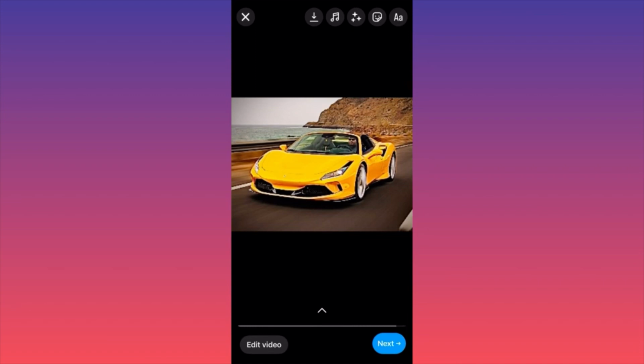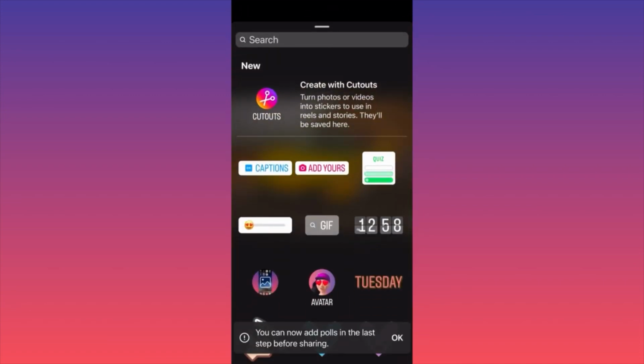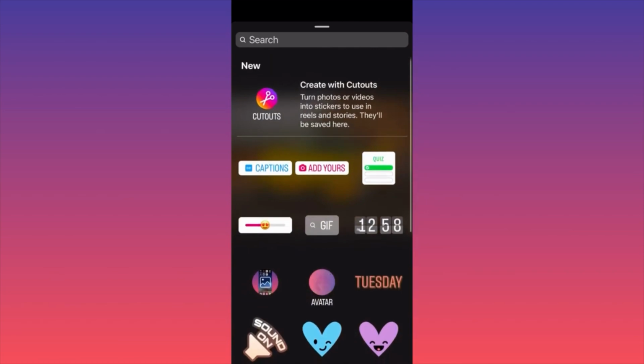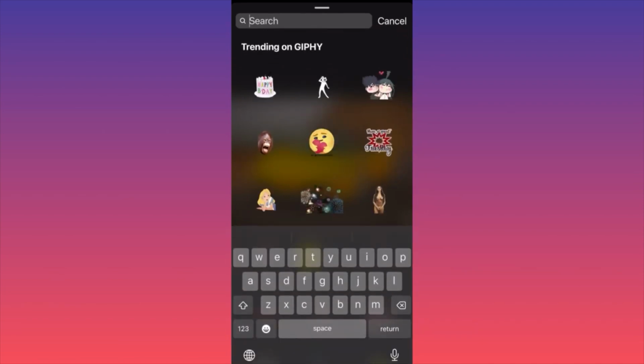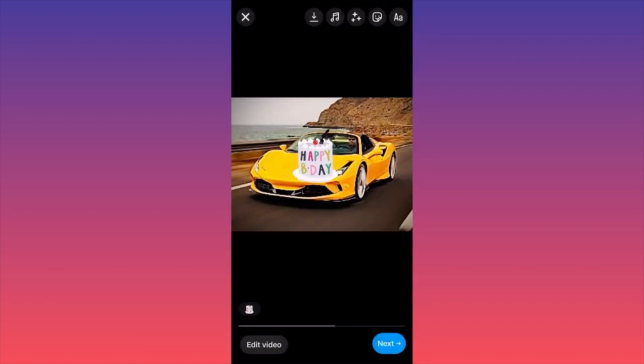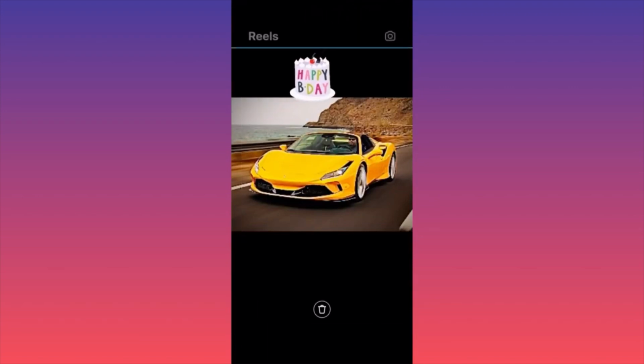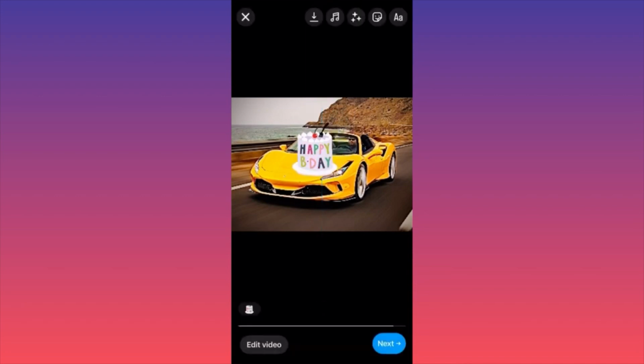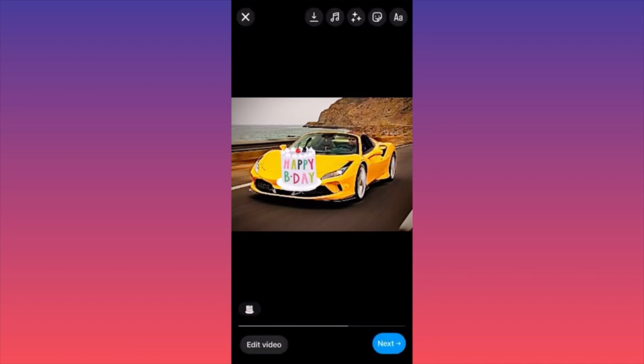The next option is if you want to include a particular sticker. In our case, you can include functions like captions, you can include links, you can include some of this stuff, or you can simply come over here and look for whatever you want to upload. If there is a birthday celebration or something, you can always do it. But remember, everything has to align with the overall idea, right? If the guy who is driving the car is having a birthday, right, you can put it over here, or you can put it over here. When you're finishing with the overall simple editing, we want to click next.